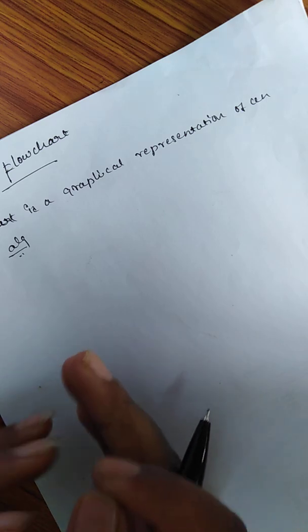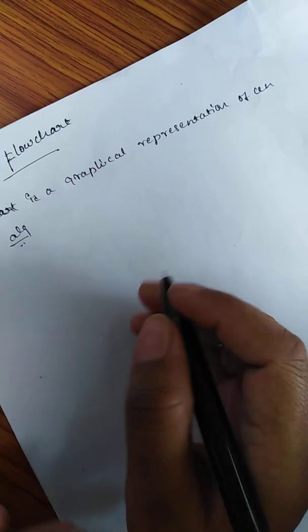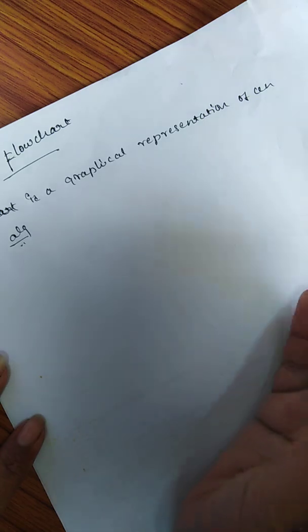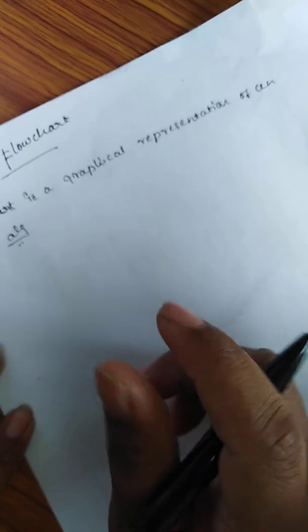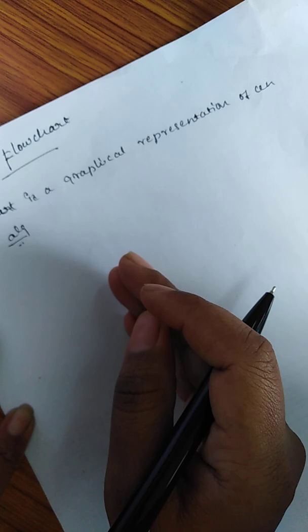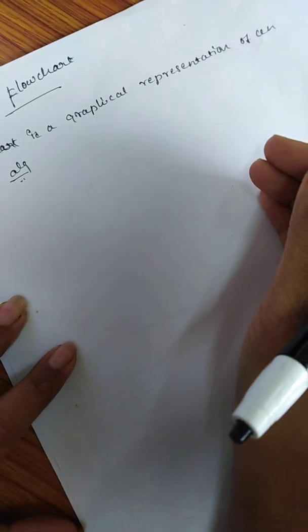The symbols are connected among themselves to indicate the flow of instruction and the processing from one to another. We can use symbols to connect one flow of data to another flow of data, to indicate the flow of instruction or information we can process. That we can call a flowchart.